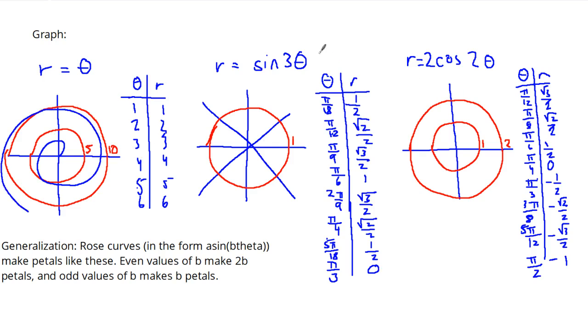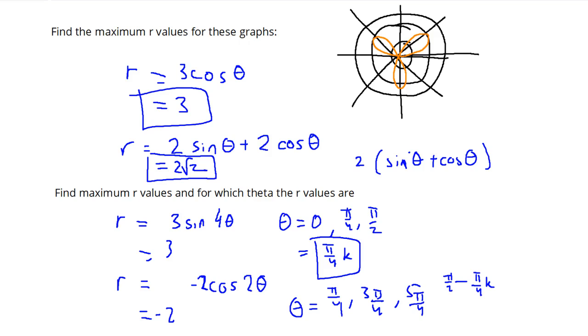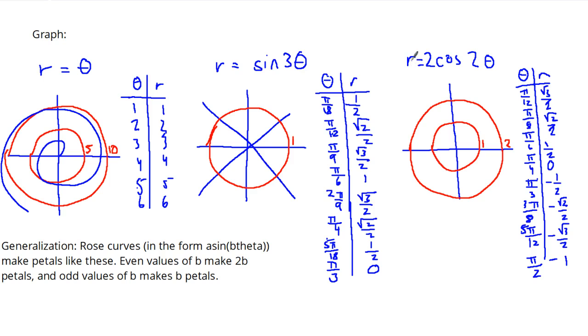But let's try the sine 3 theta graph. I already showed you what sine 3 theta looks like. This is not what 3 cosine theta looks like. I'm sorry, this is not what sine 3 cosine theta looks like. This is like cosine 3. This is like sine 3 theta, not 3 cosine theta. Right? So basically, the graph that I just showed you was